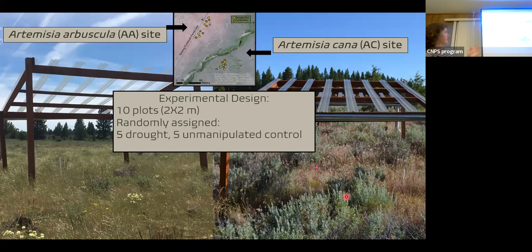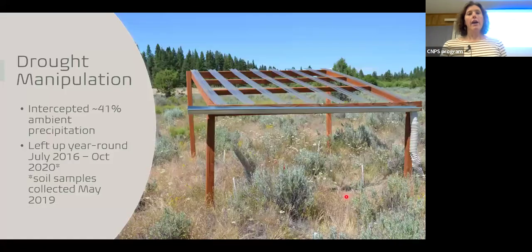I guess I'm getting ahead of myself, but what we did is we set up 10 plots at each site, so on each side of the ephemeral stream, and then we randomly assigned the plots to either a drought treatment or an unmanipulated control that was just ambient rainfall. So there are 5 drought plots and 5 unmanipulated control plots at each site. And as I said, this was a drought manipulation. Here's a picture where you can see these drought shelters that